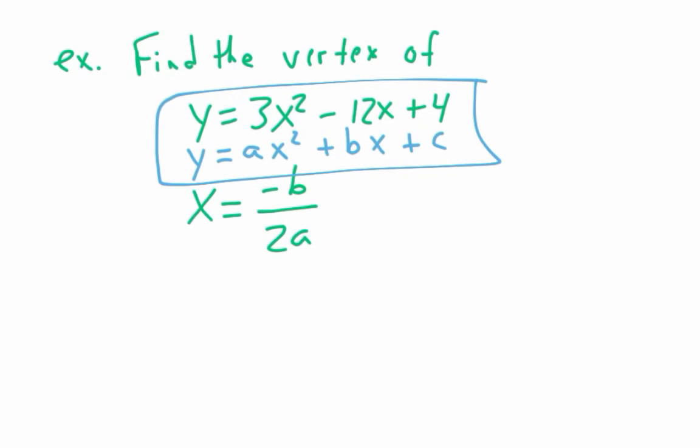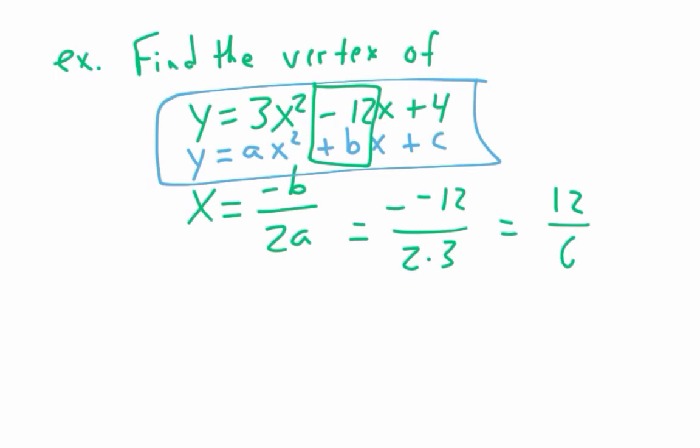So what does my b value have to be? Not the top of my fraction. What's my b value? Because I need to do the negative of whatever b is. So b is not 12, it's negative 12, because a positive b here is a negative 12. So be a little careful with the sign. I gave you that on purpose. So it's the opposite of negative 12, which just becomes positive 12, right? All over 2a, and a is going to be 3. So we get 12 over 6, so my x value is